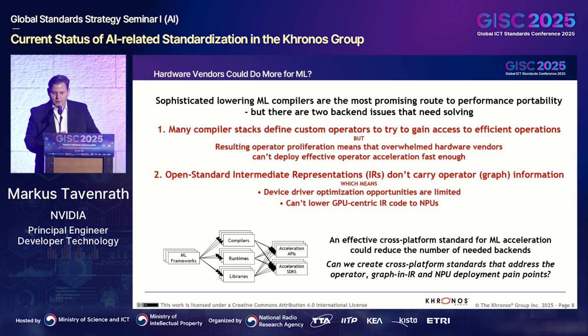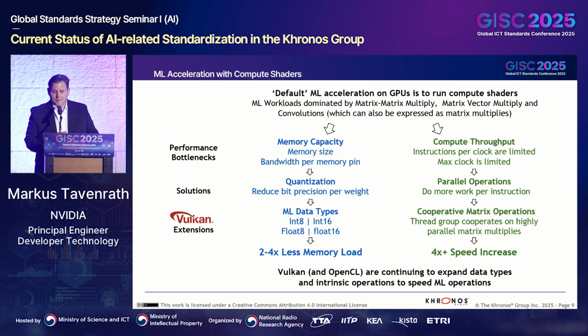So what we really need is an effective cross-platform standard for machine learning acceleration to reduce the number of needed backends. And can we create a cross-platform standard that addresses the pain points we have identified? So that we don't have too many different operators, that we can have a graph in an IR, and this way even solve the NPU deployment pain points, having at least one SDK for each NPU vendor. And with that in mind, let's take a look at what Khronos is currently doing for the standards to accelerate